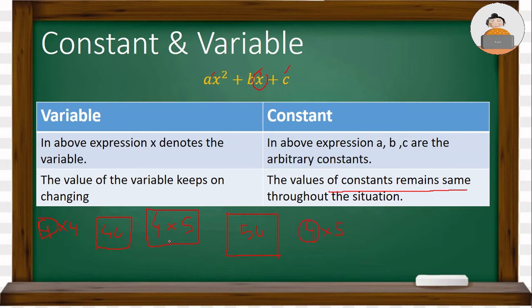The value which is changing is the length of the side of the square. So we can say 4 is the constant here in the polynomial and s is the variable.